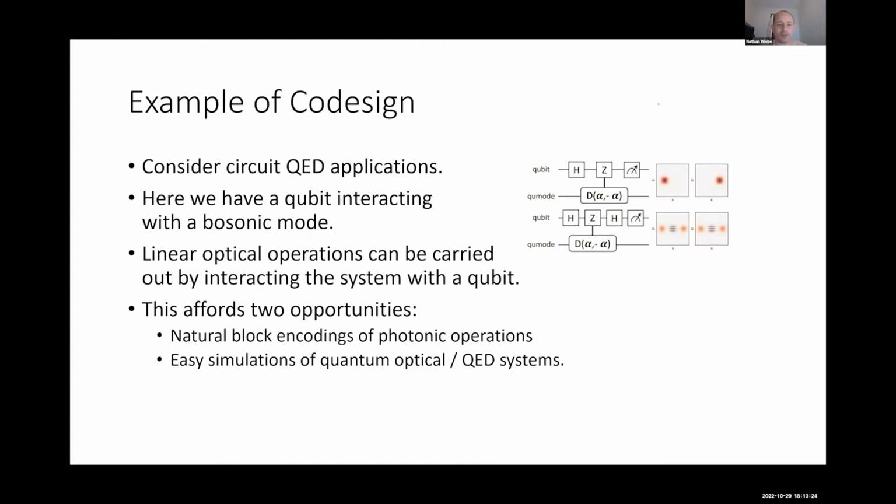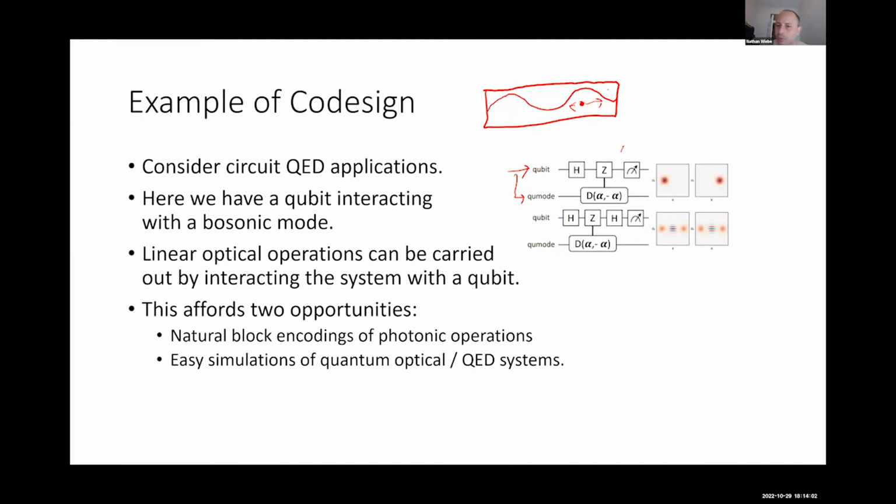Now, this is important because if you consider circuit QED, what you have in these cases is you've got a cavity that has a number of different photon modes inside of it. Now, inside the cavity, there's individual qubits, and the qubits can be tuned resonantly with the photon modes, which allows you to actually manipulate and interact very strongly because of the cavity with the individual microwave photons that are going on inside the cavity. And this leads to these sorts of bizarre circuits over here, where we have this notion of a qubit and a Q mode at the same time.